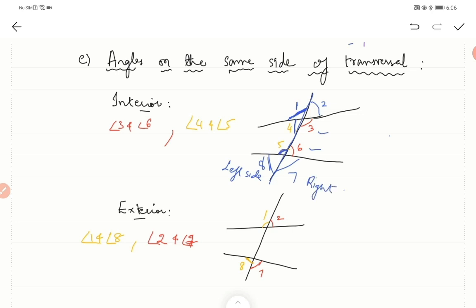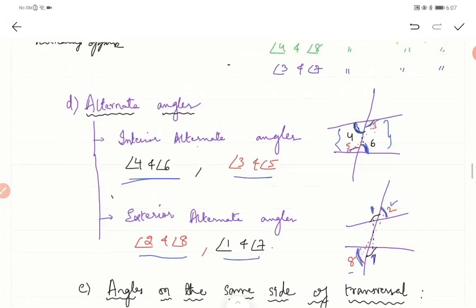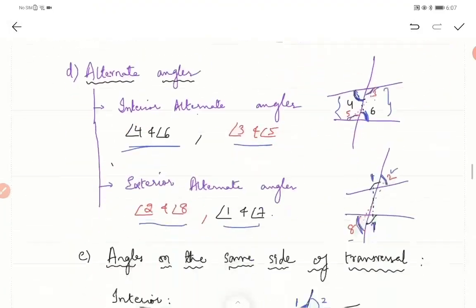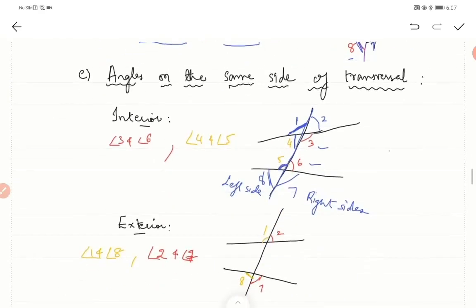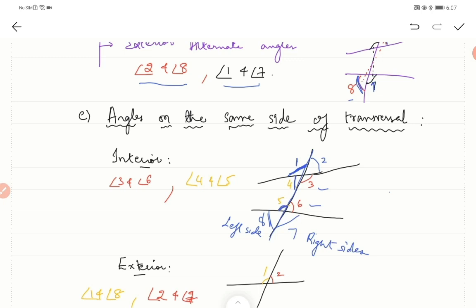So these are the different angles and the relations between them. These are the 5 varieties of angles formed when a transversal line intersects two lines